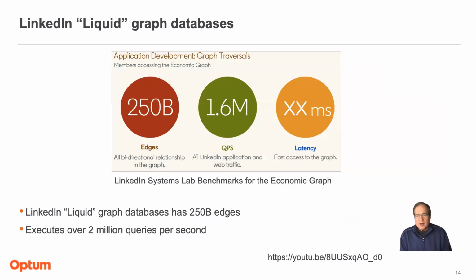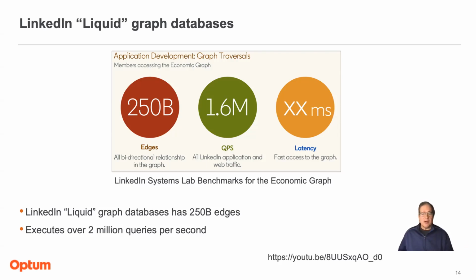Just to show some examples of this, I always like to reference LinkedIn. Many people know LinkedIn. LinkedIn runs on a graph called the Liquid graph database, and they have about 250 billion edges. They're running well over 2 million queries per second at their peak loads, and they're getting tens of milliseconds latency. So you should know that these systems can scale, and we need those systems to scale to run things like Facebook, LinkedIn,